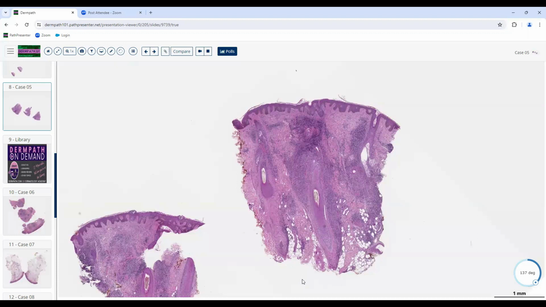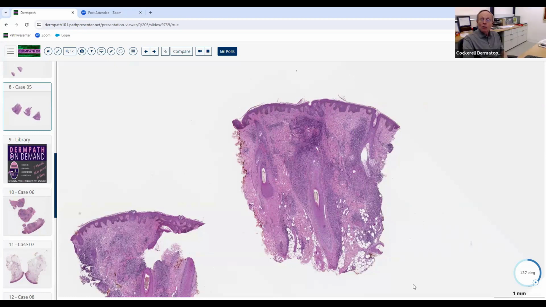And the inflammation goes deep to me. I also see some deep perivascular inflammation, even going down to the subcutis. Good. Superficial and deep indeed. What kind of cells do you think we're dealing with this time? I'm favoring